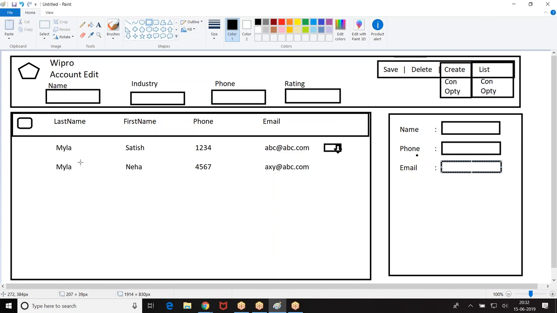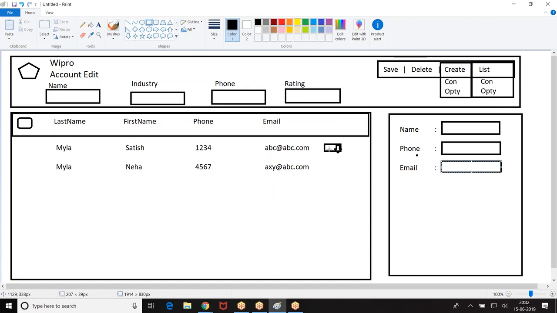The data table is not saying I need to take only account data or only contact data. It is saying if you give me a list of records and a list of fields, I will display them. Right? So instead of creating two data tables, what we can do is control it dynamically. We can go with the dynamic component concept and display the data table.